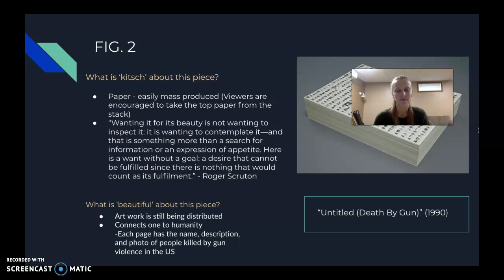The quote I have to go with this one is by Roger Scruton, of course, and it says, "Wanting it for its beauty is not wanting to inspect it, it is wanting to contemplate it, and that is something more than a search for information or an expression of appetite. Here is a want without a goal, a desire that cannot be fulfilled since there is nothing that would count as fulfillment." And I think this one really goes with this piece, because now that we know the meaning